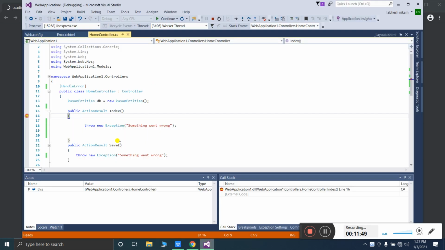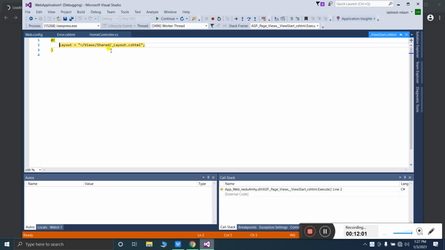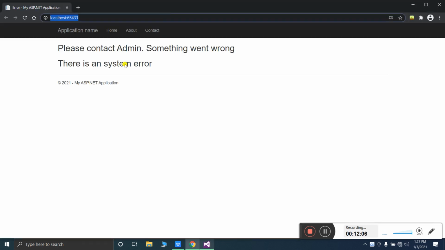The debugger point passes here, there is an error, so continue again, press F5 and see, it goes here. Let's press continue. You can see here the custom error page is displayed.